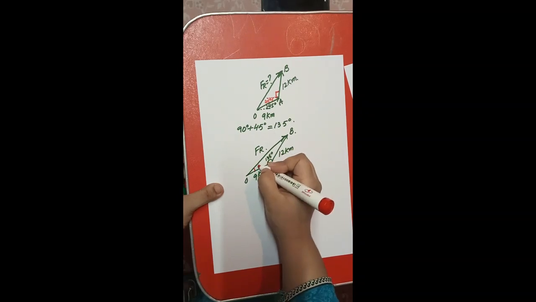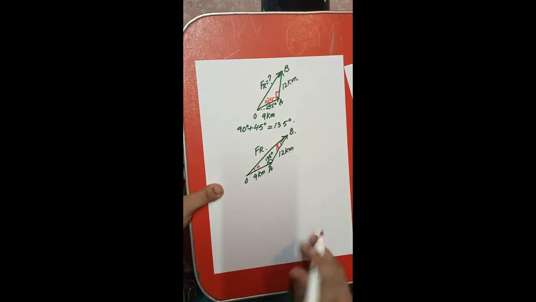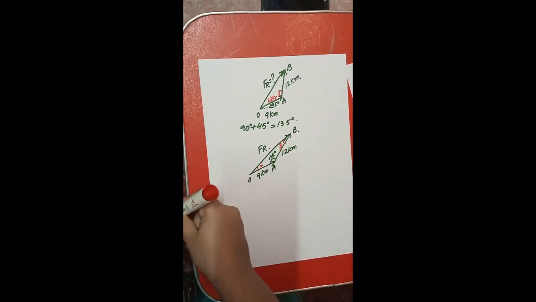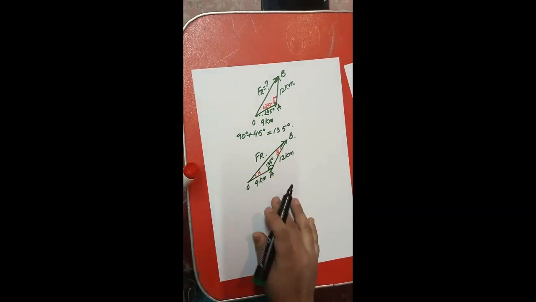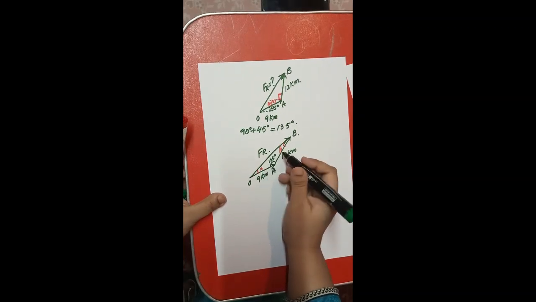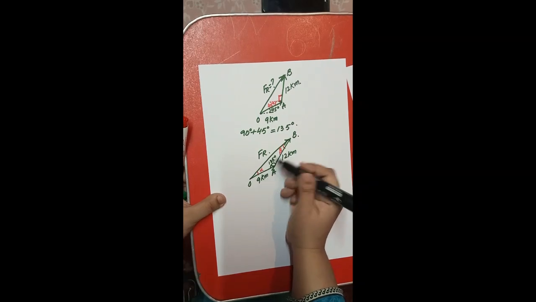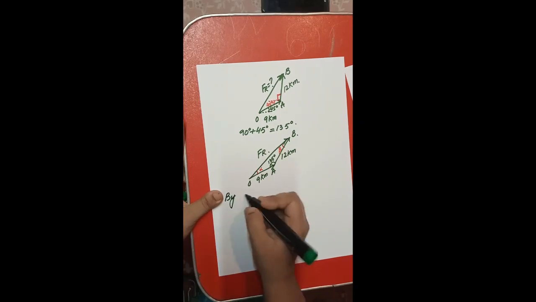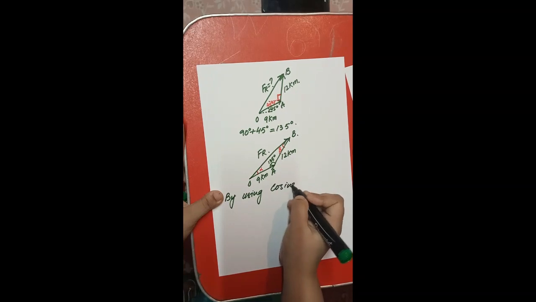For example, this is alpha, and this one is beta. We don't know these two angles. If we apply sine law, we must know alpha or beta, not both. We should know the value of alpha, or maybe the value of beta, but we don't have either, so we have to apply cosine law. So by using cosine law,